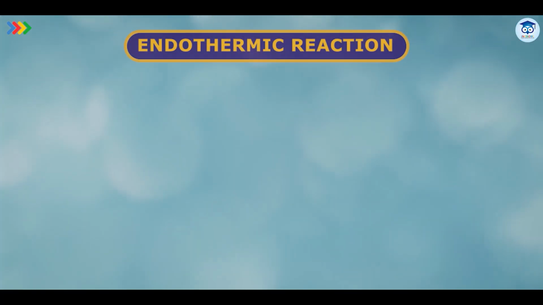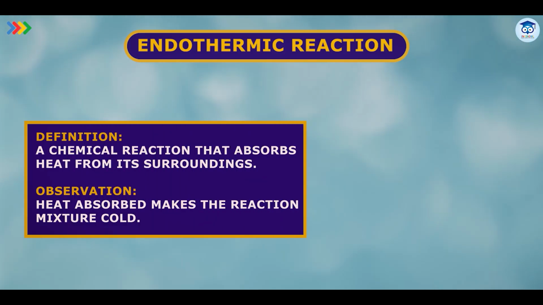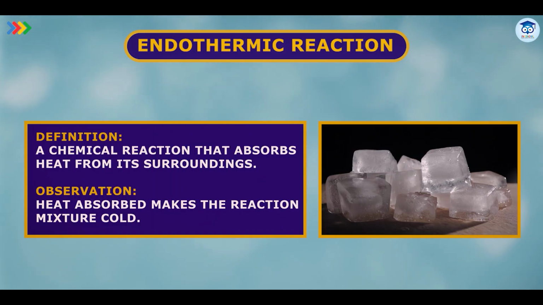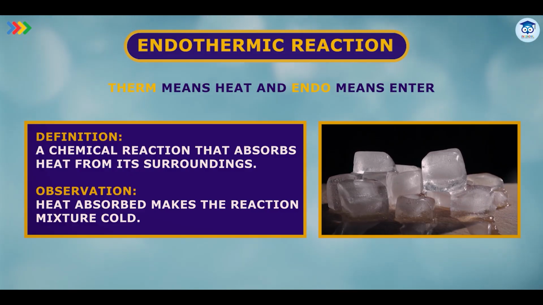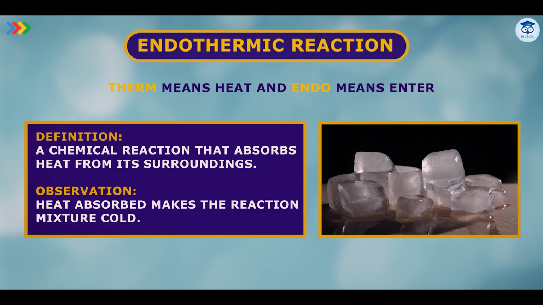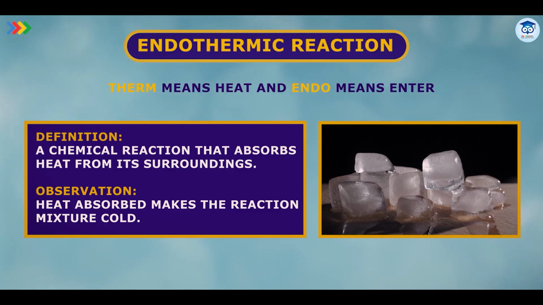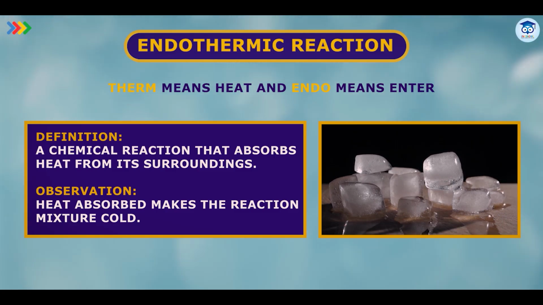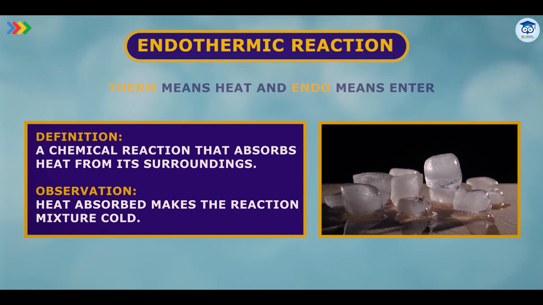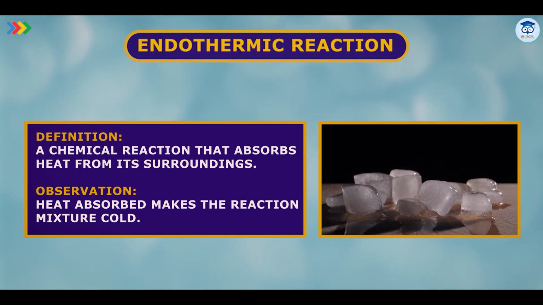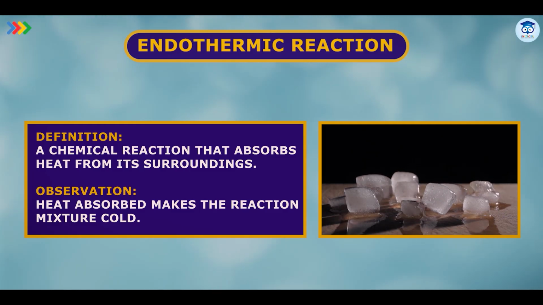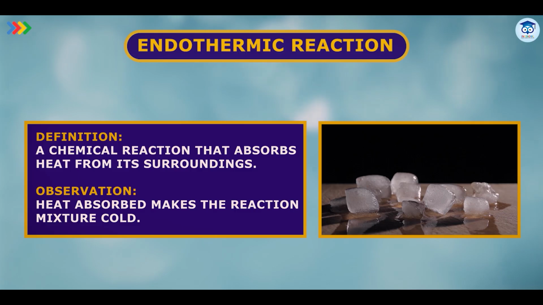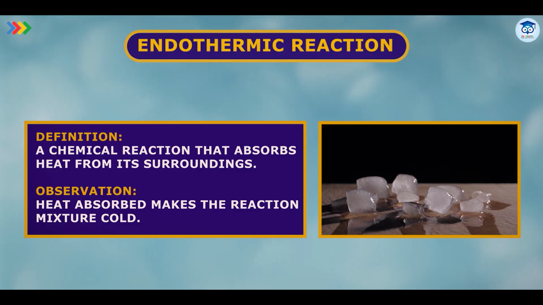Now let's move to the next category, that is endothermic reaction. You have to remember this category by the name itself. Therm again talks about heat and the word endo can be related to enter. So reactions in which heat enters. If it is entering, that means it will be there in the starting. In the starting we have reactants. So that means we are heating the reactants. So reactions in which heat is absorbed by the reactants to form the products